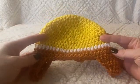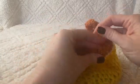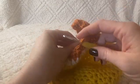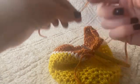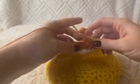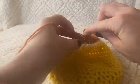Okay, so now that you've finished both ear flaps, you're going to go into the back here where you fastened off, and we're going to go ahead and reattach our rust orange or brown yarn, whichever color it is that you've decided to use. Okay, and you're going to chain 1. Now what we're going to do is we're going to work a half double crochet in every single stitch all the way around,